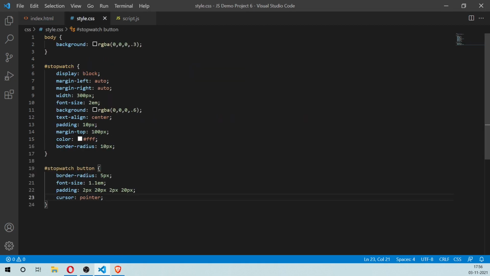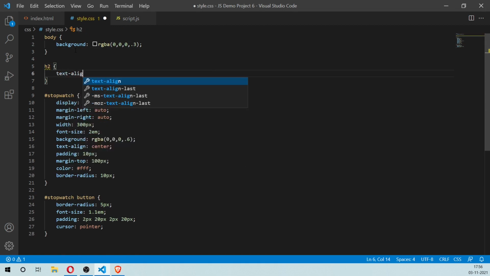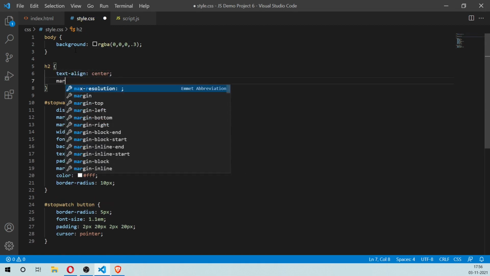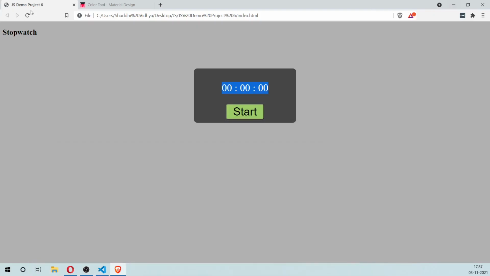So I'll just add a h2, text align is center, margin top is 100 pixels, and we can actually remove it from here. That should give us a good looking heading for the page.